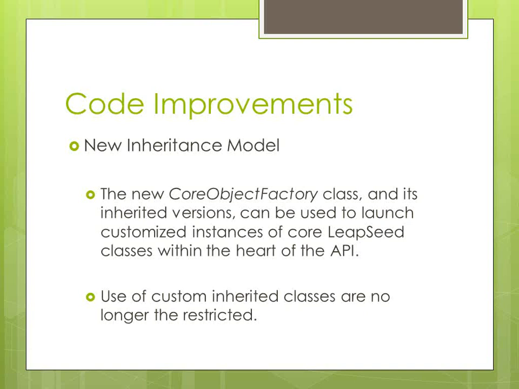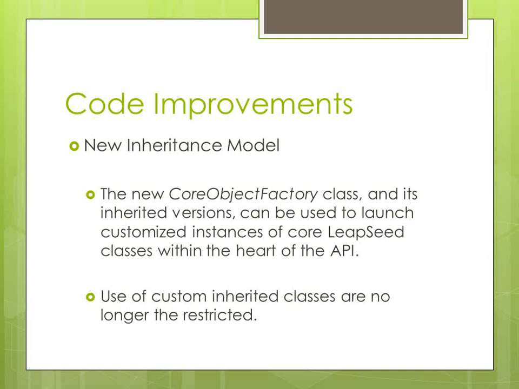We do have some code improvements too. Probably this is one of the bigger ones, the new inheritance model. If you remember, with data manager, with record objects, with structure objects, you could create child classes that inherit from parents. But the problem is that it was kind of tough to get those customizations to work inside the API itself,